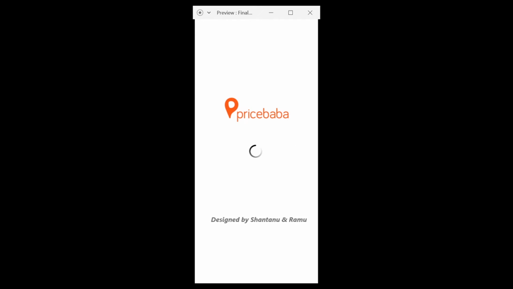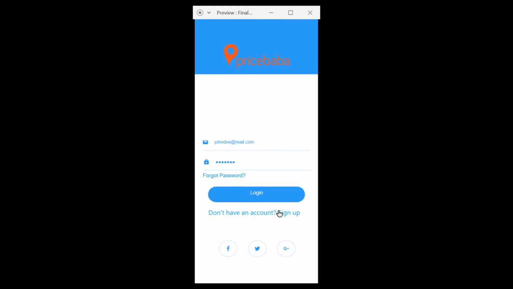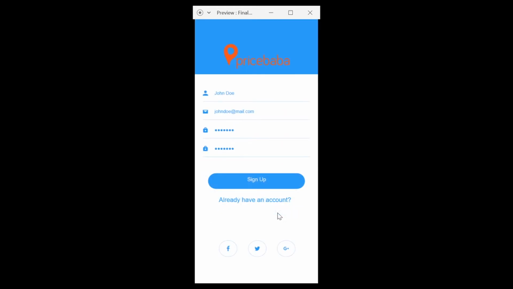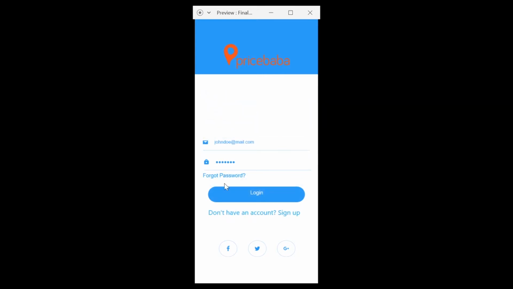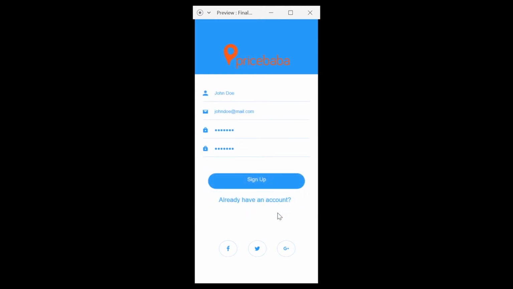Hi, I'm Ramu Dinesh, and now I will let you know about the wireframes we designed. This is the splash page where we can show the application name while it is loading. After this, it will directly load to the login page. If the user is not an existing user, we need to click on sign up. On the sign up page we need to provide all the user details, username, email ID, passwords, and then when we click on sign up, it will navigate to the login page.